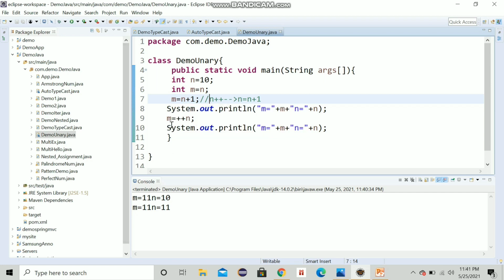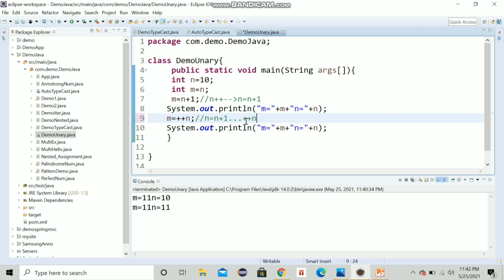But in this case, where m is equal to plus plus n, n plus plus is nothing but n equal to n plus 1, which is nothing but plus plus n. So here also it is the same, n plus 1. But here it is a different meaning.